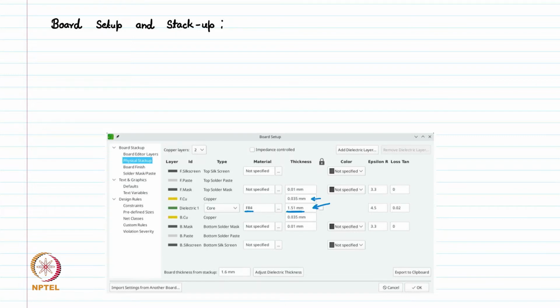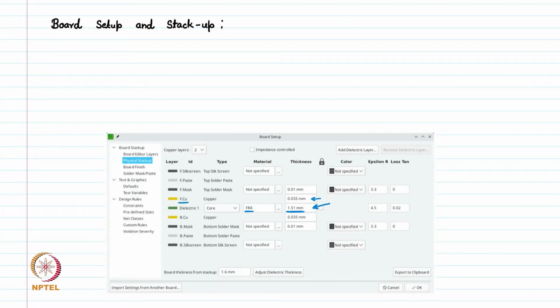So generally these manufacturers specify the dielectric thickness, which are standard quantized thickness. You can only choose from those available thicknesses only. You cannot change much here, but of course you can choose whatever is available from the manufacturer. So if it is 1.5 or even half of this or even double of this, based on that we can choose this material thickness, the copper, or we call it sometimes the cladding, the thickness of copper material on